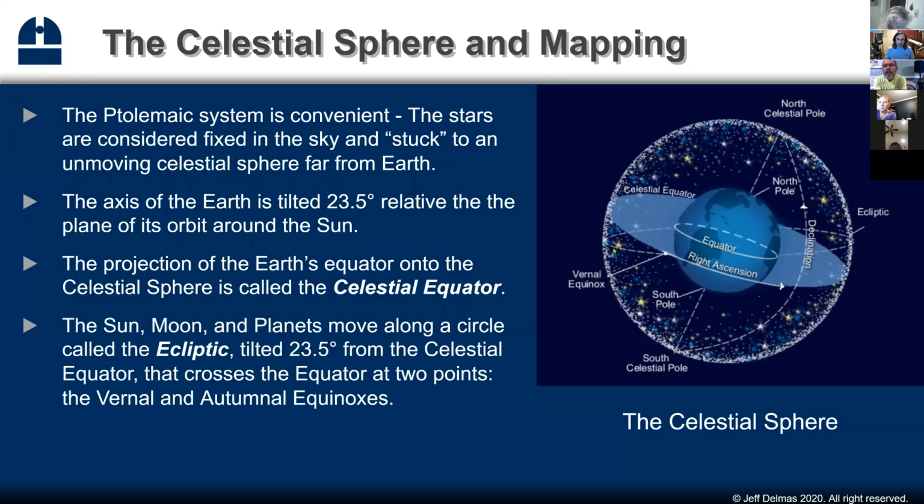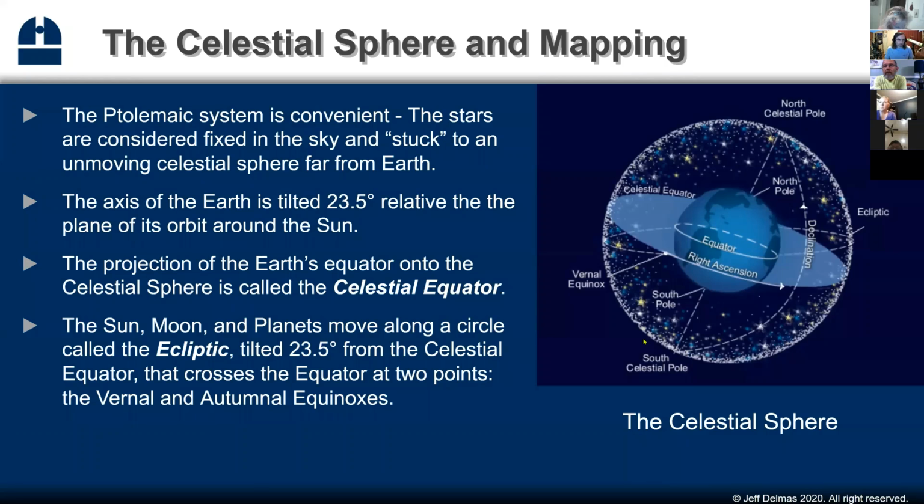But the sun, moon, and planets all move around this other plane. That great circle is called the ecliptic, and it's tilted 23.5 degrees